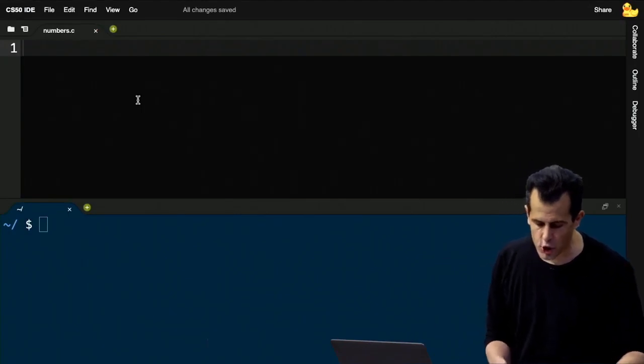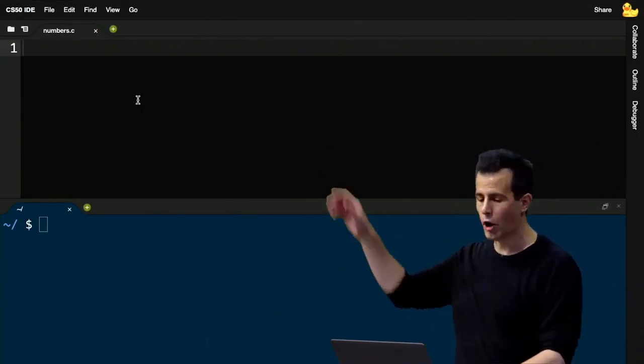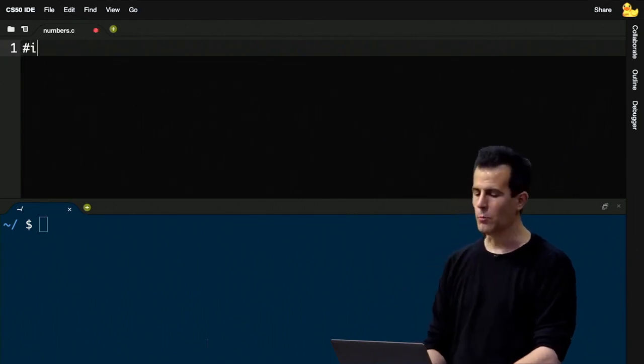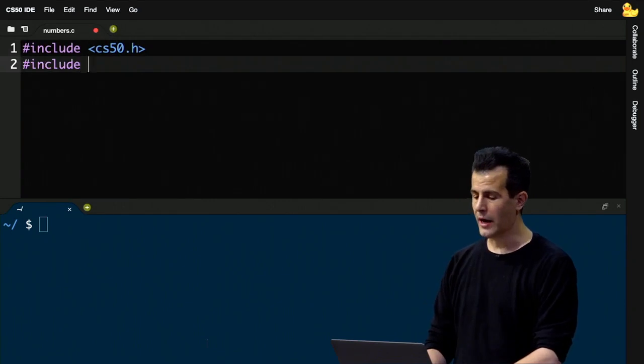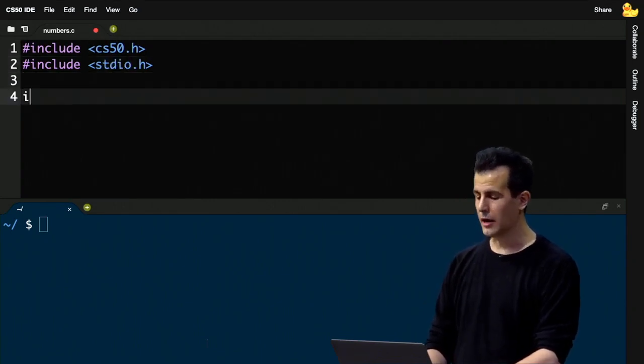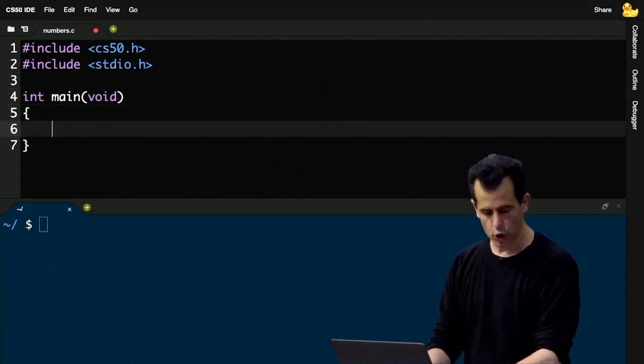And the goal at hand is just to implement linear search in code, just so that we're no longer waving our hands at the pseudocode, but doing things a little more concretely. So I'm going to go ahead and include cs50.h. I'm going to go ahead and include standardio.h. And I'm going to start with no command line arguments, like we left off last week, but just with main